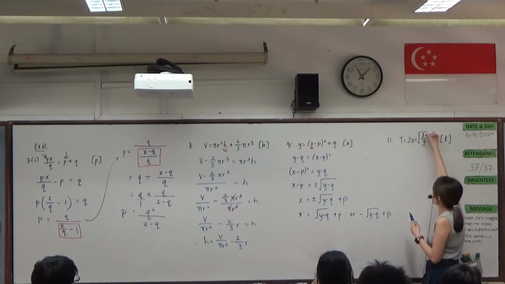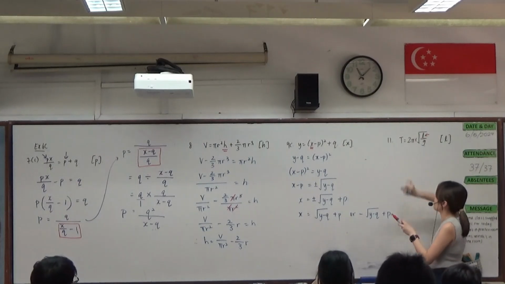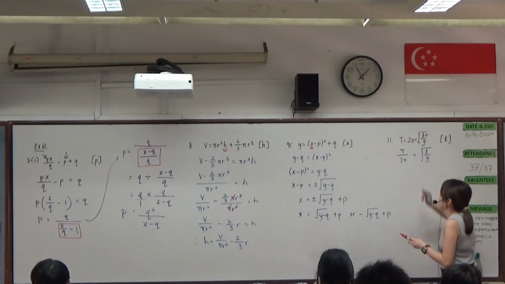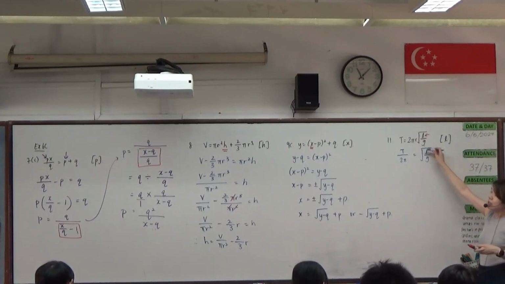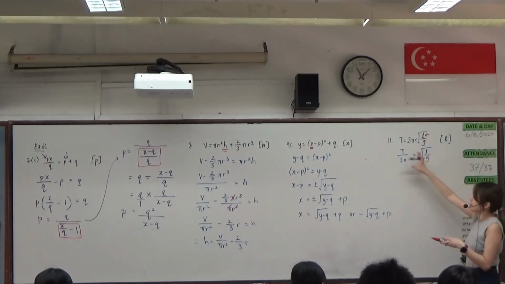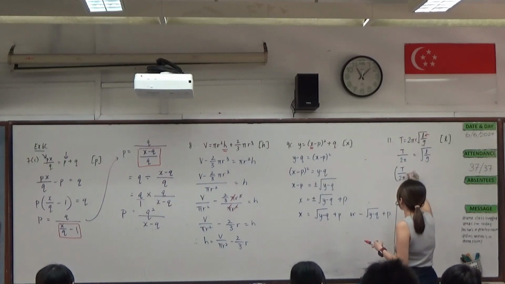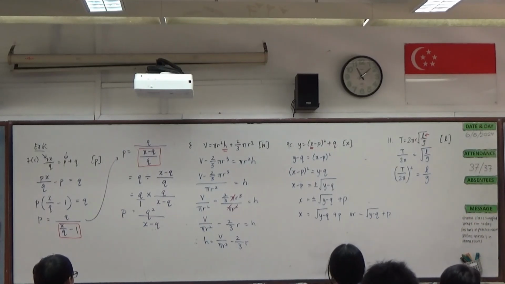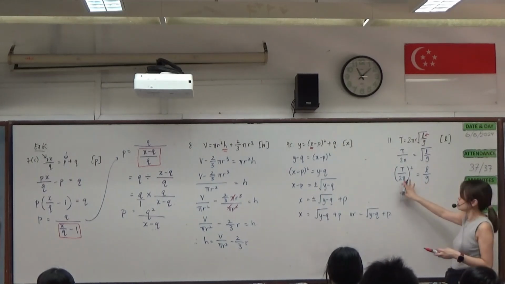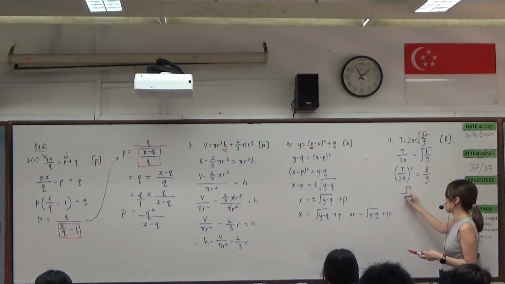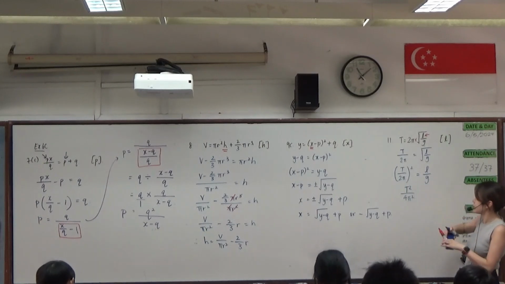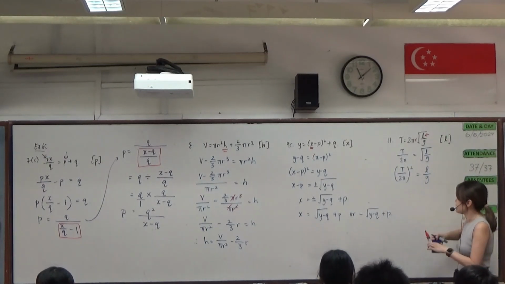So I want my objective to be L. I get rid of 2 pi first by bringing it over to the other side. So I'll have T over 2 pi bracket square equals L over G. Right? You may choose to expand this, make it as T square over 4 pi square. But at this juncture, maybe you don't know your indices rules very well. Okay, there's a set of rules for this. Okay, otherwise you may just leave it